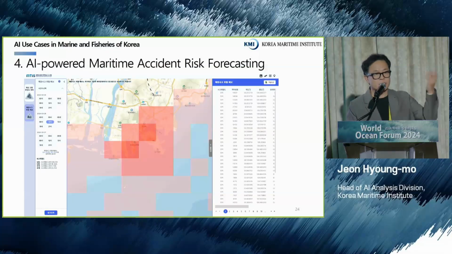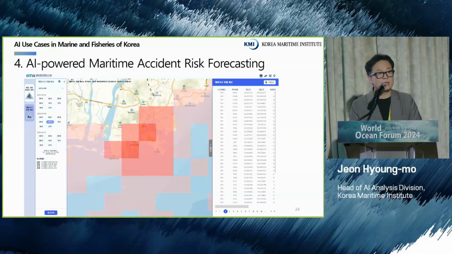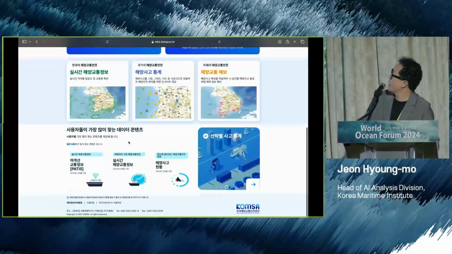This is not for commercial use, but this is the MTS system, the Accident Risk Forecasting Service. We incorporated marine transportation data and applied AI and predicted the transportation volume or traffic volume at a certain location.